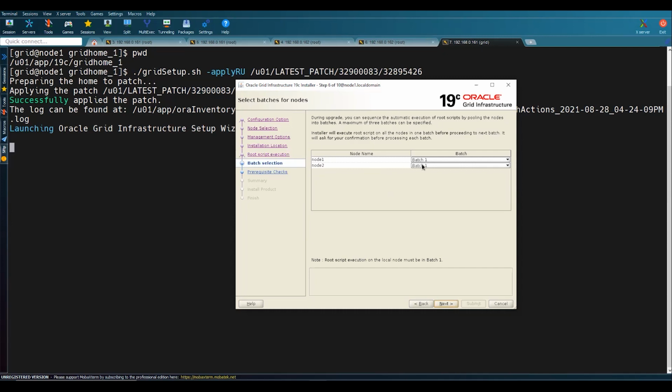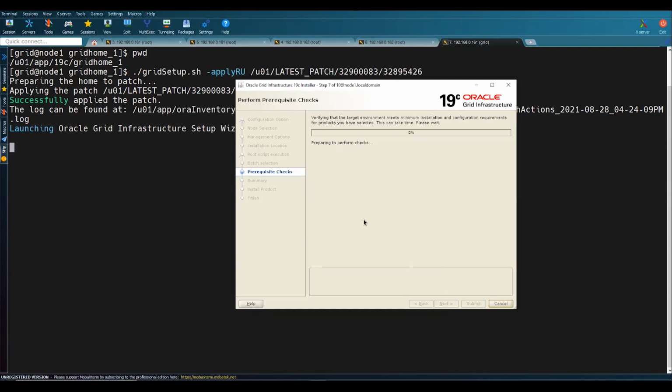So now it is asking me whether you want to go in a batch. Batch 1 has to always be node 1. So root script execution on the local node must be batch 1. If you are executing the installation from node 1, it has to be your batch 1, and the second one will be your batch 2. That means it will first do the upgradation on the first node, and after that it will go on the second node. Okay, so what I'll do, I'll just select next from here,